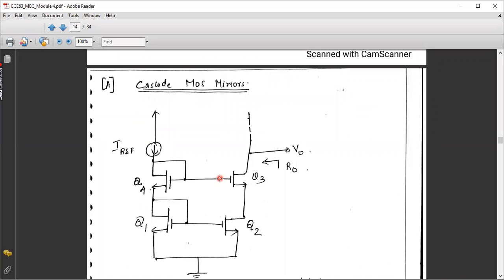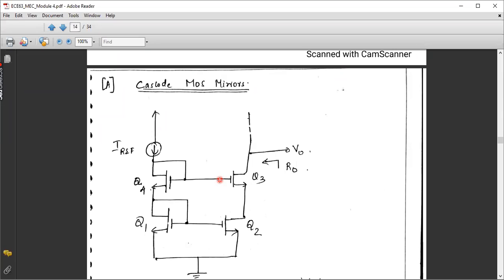So in this module, what you have studied is one is the current mirror, right? How you write the expression of the output current in terms of the reference current by using the aspect ratios, and what is the condition to be satisfied for current mirroring, that is nothing but the saturation condition. Then practically, if you are implementing the mirror circuits, then you know the drawback. The drawback is the I naught will not be exactly equal to I reference. There will be some deviations because of the channel length modulation effect.